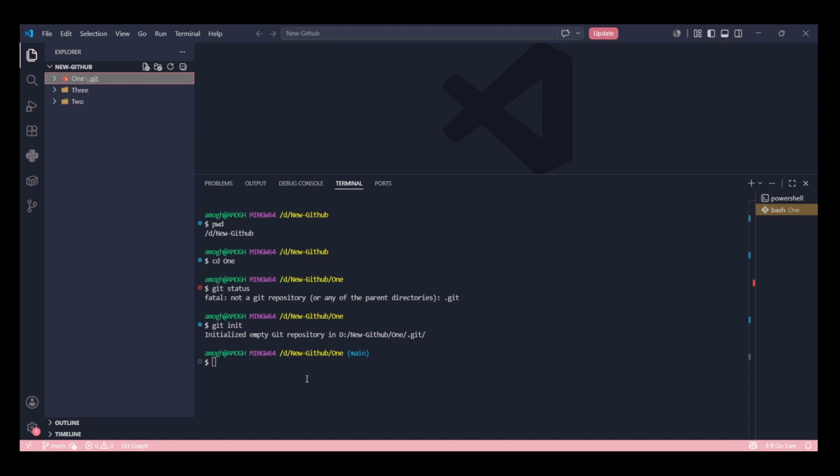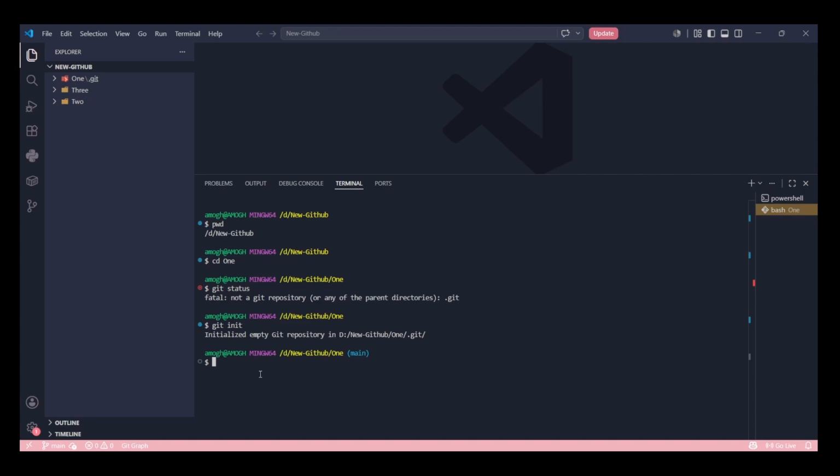Okay, I'll explain it again. As I said, we have three folders here. Okay, three folders, one, two, three. Before I ran this command, git init, the three folders are just normal folders on your laptop, just like how you create folders in your daily life.